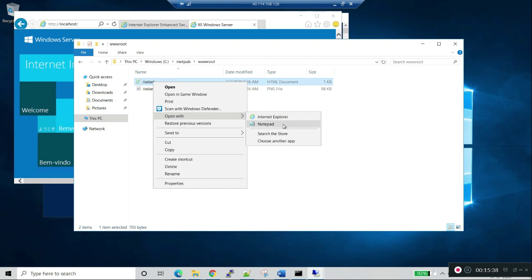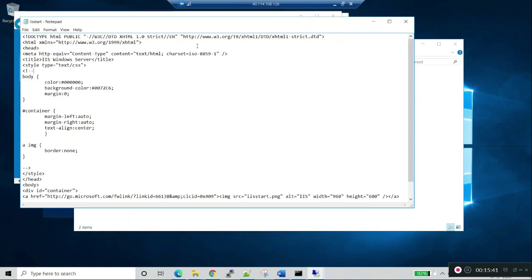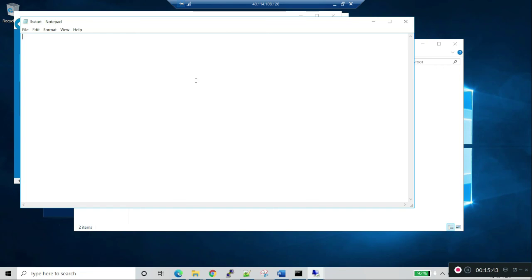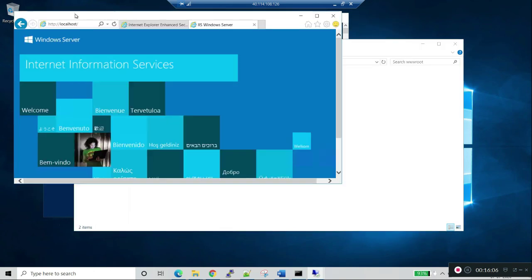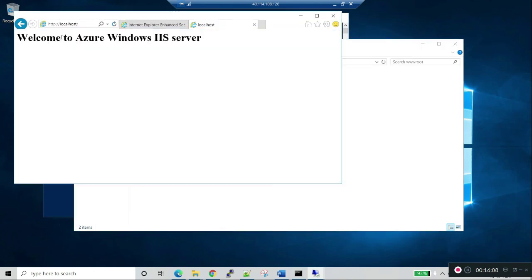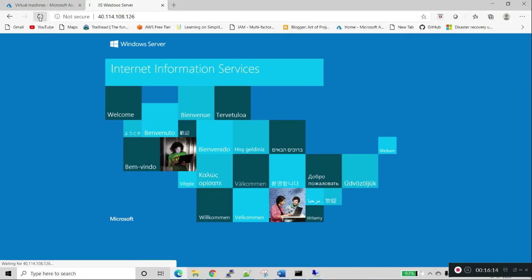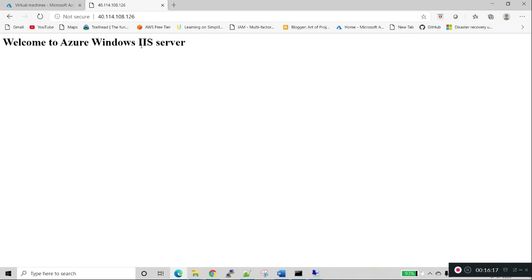Open with Notepad. We'll delete the content and write h1, Welcome to Azure Windows IIS server. We'll save the content and now refresh the page. See, our change is reflected. Now we will refresh on our desktop. Welcome to Azure Windows IIS server.